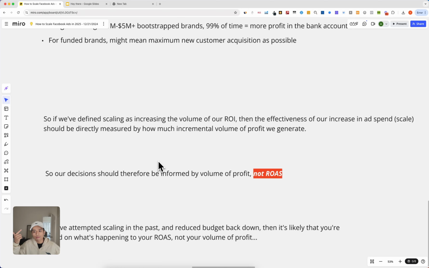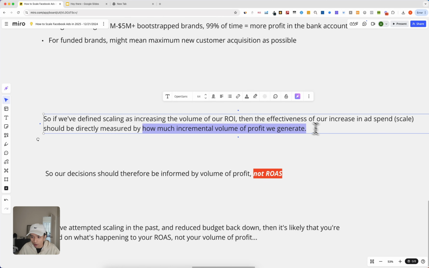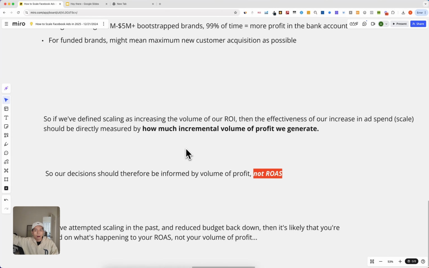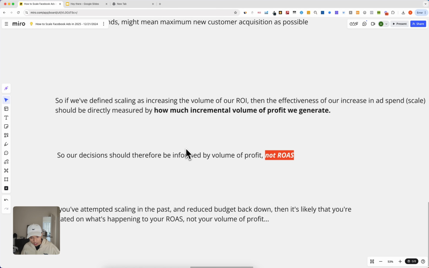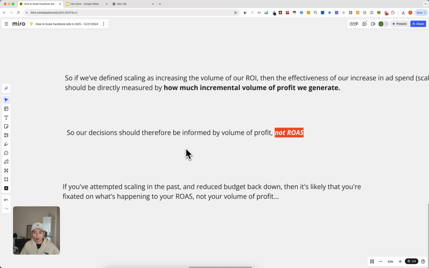And so if that is the definition of scaling, then the effectiveness of our increase in ad spend should be directly measured by how much incremental volume of profit we generate. Meaning, very simply, if I increase my ad spend, am I making more money or am I making less money? That is it. And so your decisions should therefore be informed by your volume of profit, not your return on